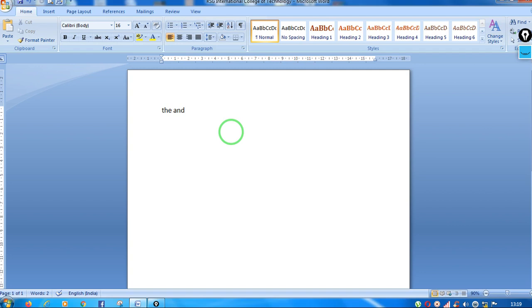For example, suppose I want that when I write C, automatically the copyright symbol should come. As soon as I am writing C, you can see over here this is your copyright symbol. How is this symbol coming? As soon as I type C, automatically the copyright symbol appears, whereas if I type B, nothing will happen. Let's go to the next line. Here also, whether I write capital C or small c, the copyright symbol will come automatically.